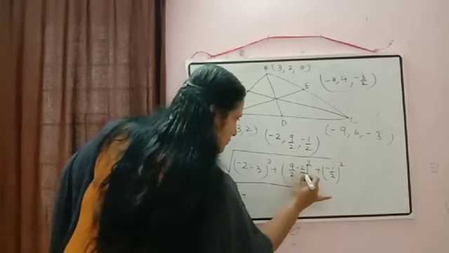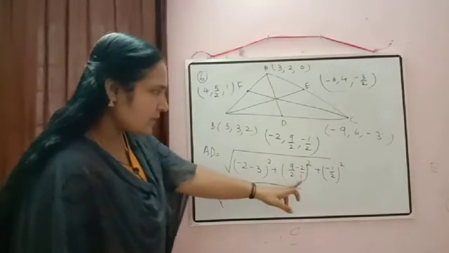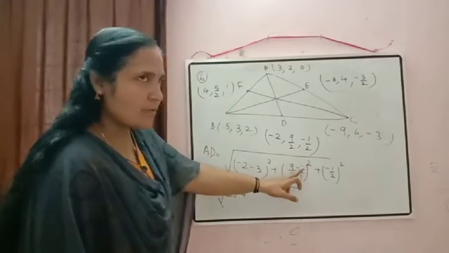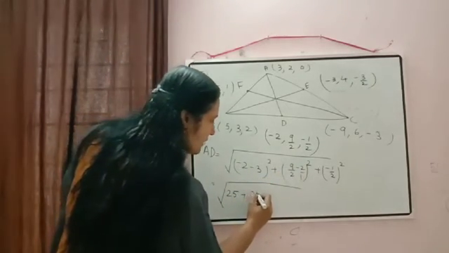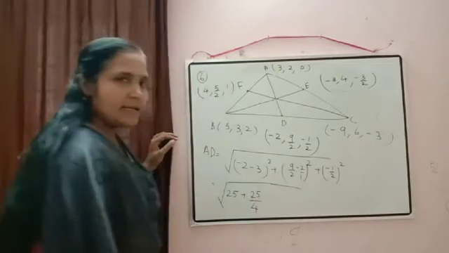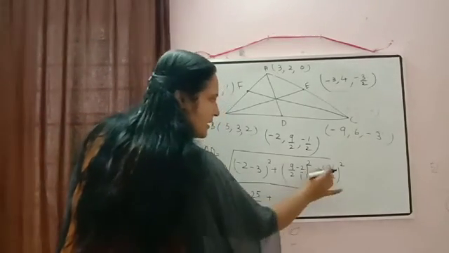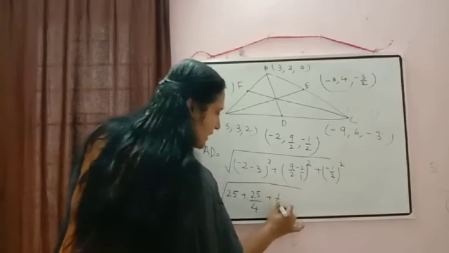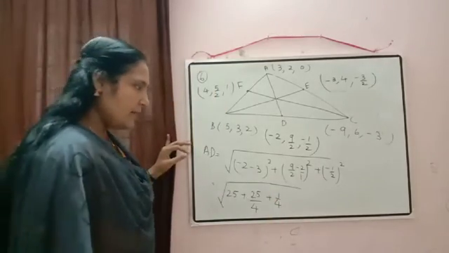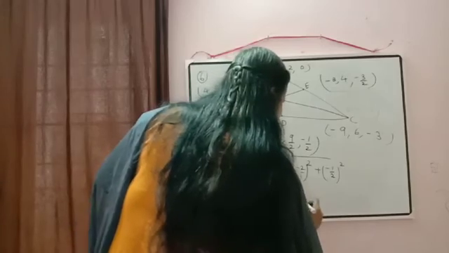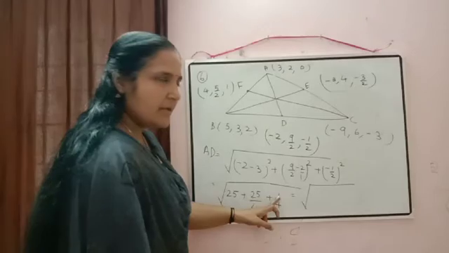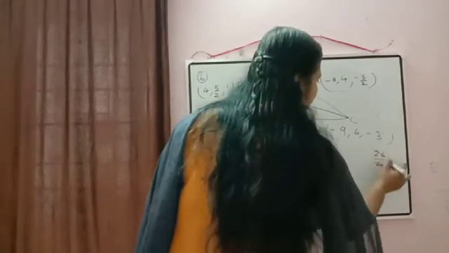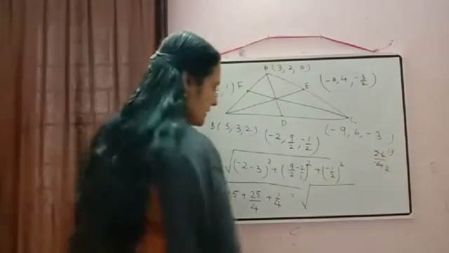Here first what you should do is the cross multiplication. What will come? 9 minus 4, which will be equal to 5. So (5 by 2) the whole square. So again we will get here 25 by 4 plus (-1 by 2) the whole square, so that will be equal to 1 by 4. These two denominators are the same, so first we can add these two. 25 plus 1 will be equal to 26 by 4. 26 by 4 we can cancel, so that will be equal to 13 by 2.